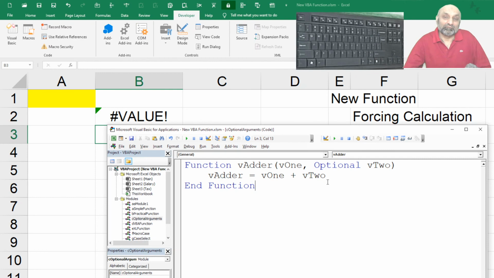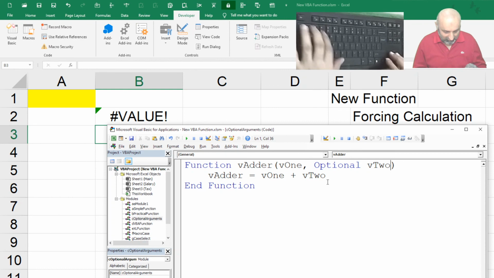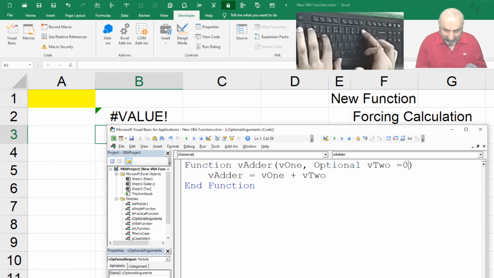So when I am doing a calculation, I have to assign an initial value to v2. The optional variable needs an initial value that will be used in case no value is transferred from the Excel sheet to VBA. So this should be equal to 0.